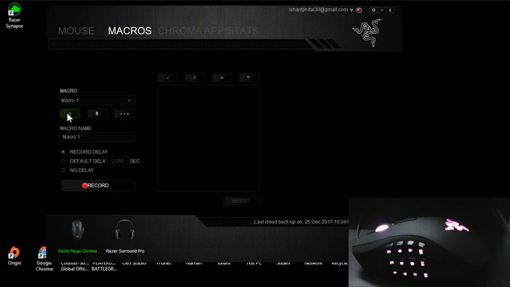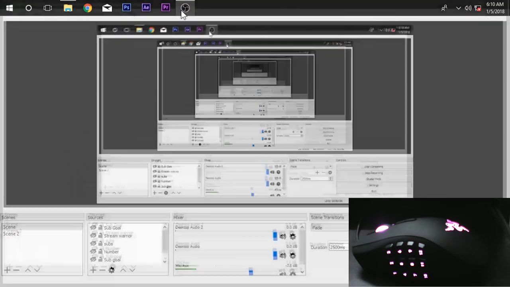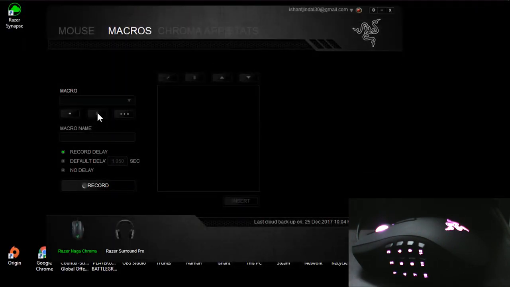So when you create a profile, you can rename it. When you created your profile, you can rename it like anything, so that you can remember which is for what. Like I named it for CSGO, and then when you press the record button, what